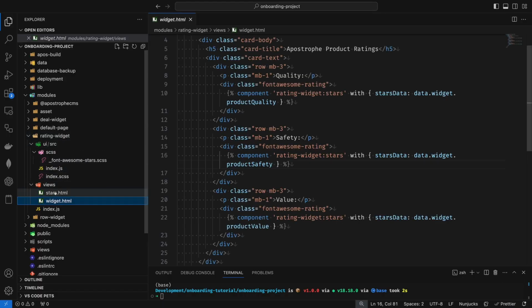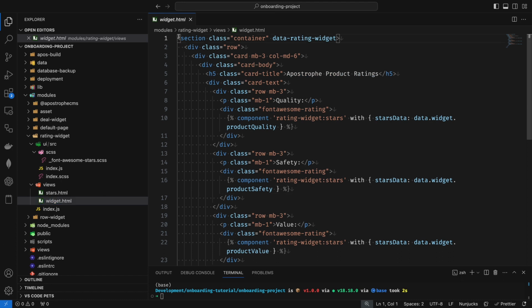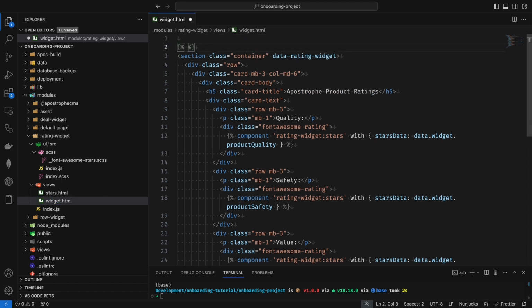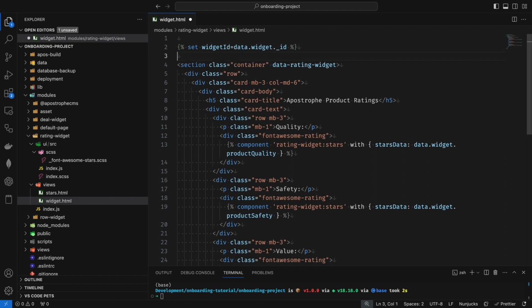Open up the modules/rating-widget/views/widget.html file and add a bit of Nunjucks code to the top. This code will set a variable, widget ID, for use in our markup. We're getting this value from the data.widget object that is available in every widget. This is just like the data.page object available on pages. This value will be used to link a database record containing the data that the reader submits to the corresponding